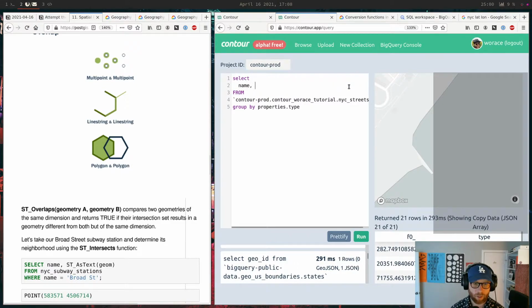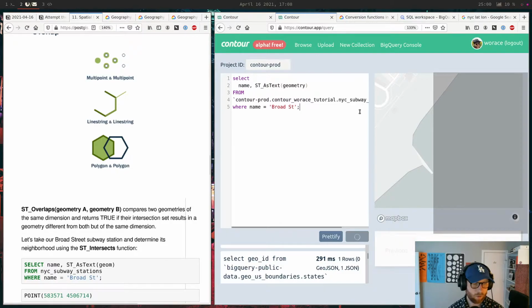What do they say? Name, ST_ASTEXT of geometry from NYC subway stations where... oh wait, god dang. See, this is getting me every single time. Maybe I should just hoist those to the top level.